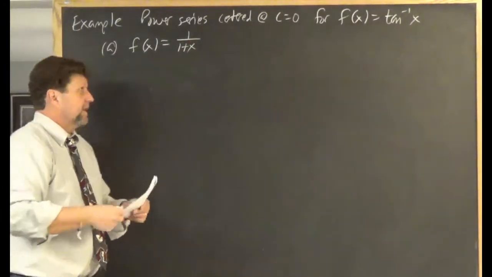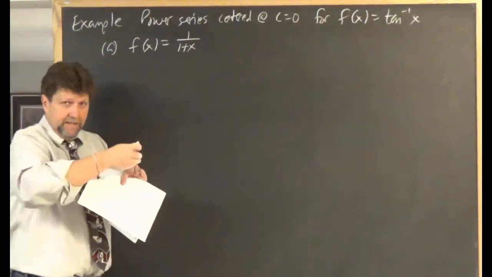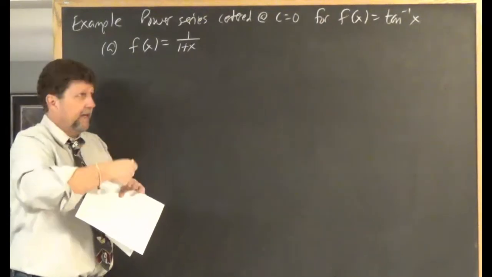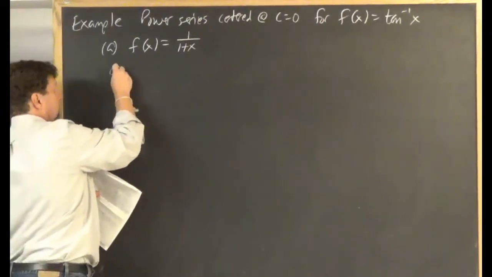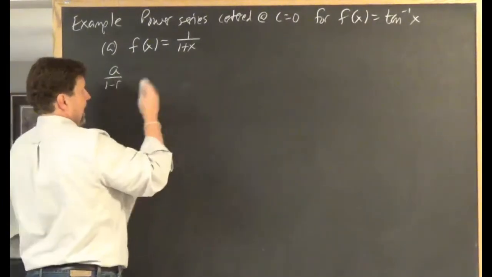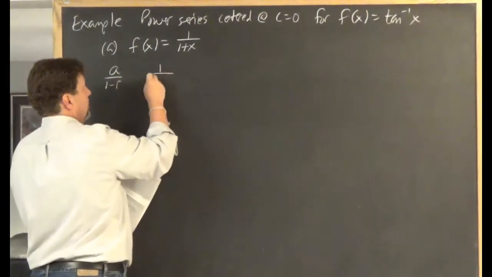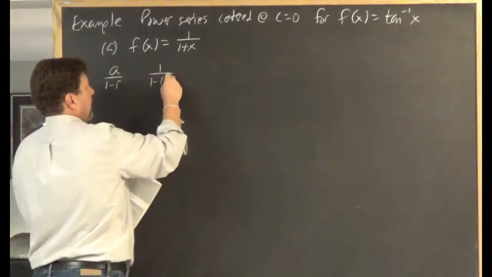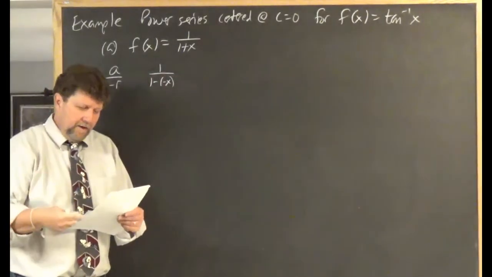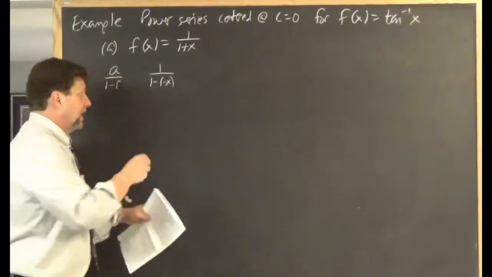Well, 1 over 1 plus x, since we're centered at 0, I don't have to worry about seeing an x minus anything. My goal is a over 1 minus r. It looks like that's immediately in that form. I'll write it like that: 1 minus negative x. A is 1, r is negative x. So we immediately have